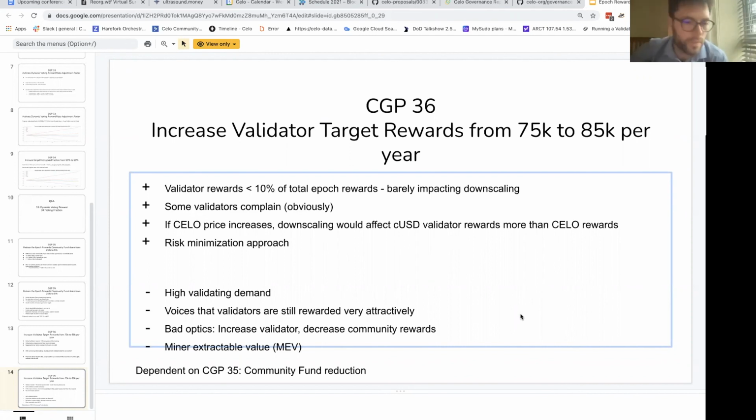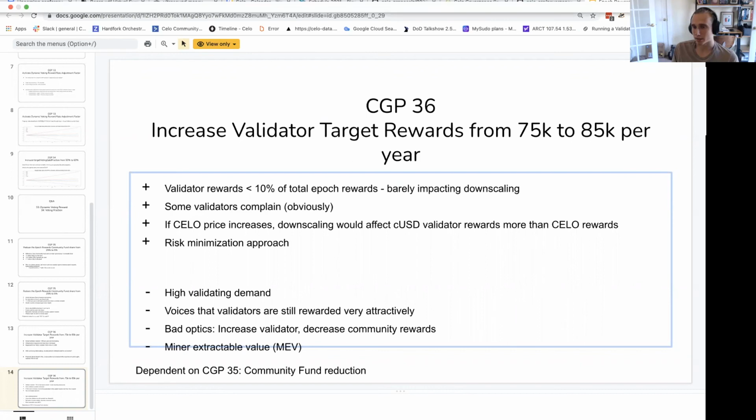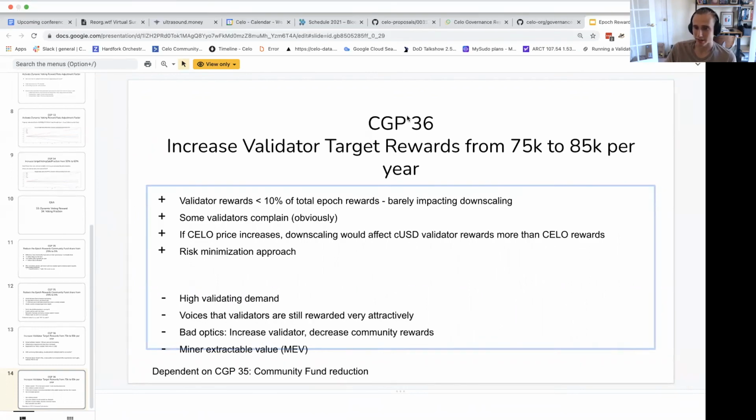And I definitely agree with stablecoins rather than Celo. And then the other point being, it seems like what we want is, we're not actually raising their payout so much as we're just trying to put it back to what it was, which seems to be relatively, I don't know, most people's arguments I think have not said that they don't want it to be what it was originally. Maybe I'm wrong about that, but basically, if there's any way for us to change the protocol such that the validator rewards are not subject to the scaling of the epoch rewards, I think that would be a good idea.